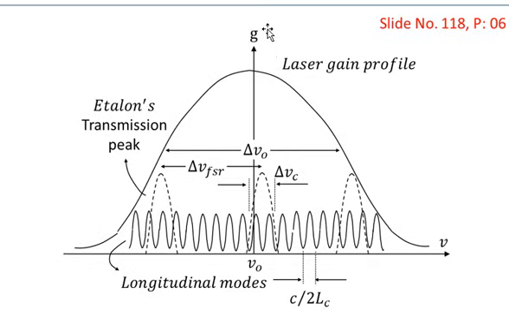This J is the gain profile drawn vertically upward, and nu is the frequency drawn along the horizontal axis. This broader curve is the laser gain profile curve. The separation of this curve at full width half maximum is delta nu naught. This delta nu naught is very important because we shall be doing calculations with respect to delta nu naught also. You see that there is one sinusoidal continuous curve